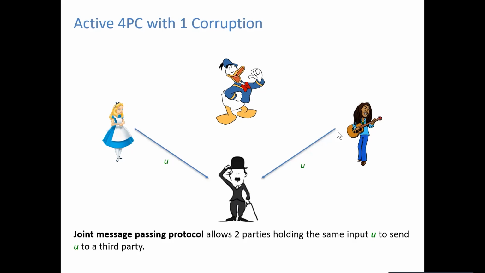In the underlying MPC scheme, there will be messages being sent among all sets of two parties to other parties. It's not the case that only these two will be sent messages. There will be messages among all pairs, going from all pairs to others. I was just trying to give the high-level idea here. I don't have the details in the slides.